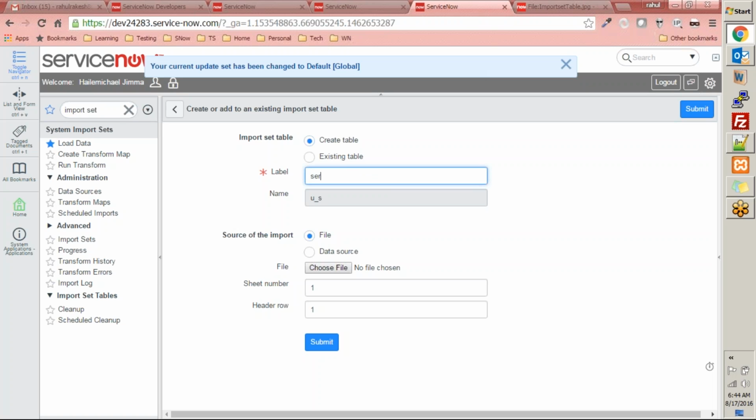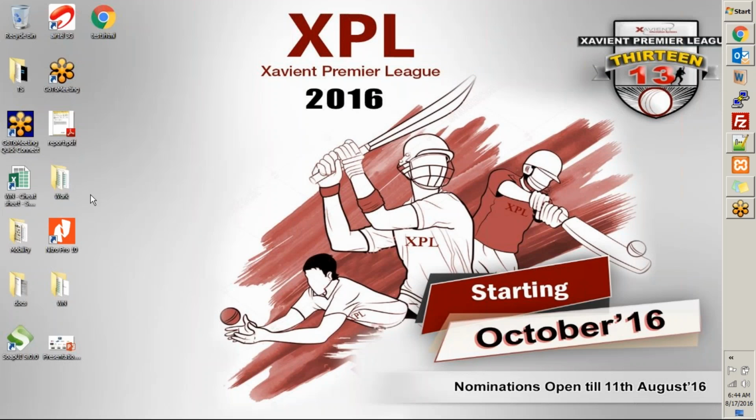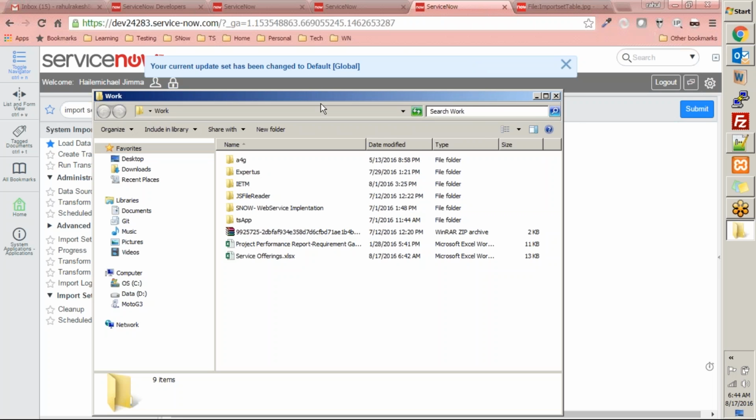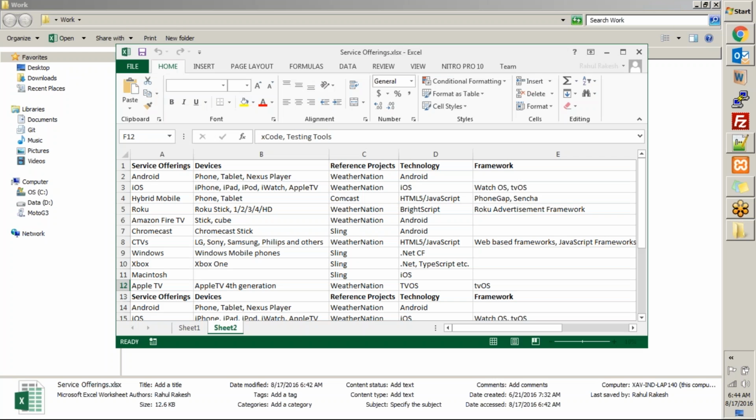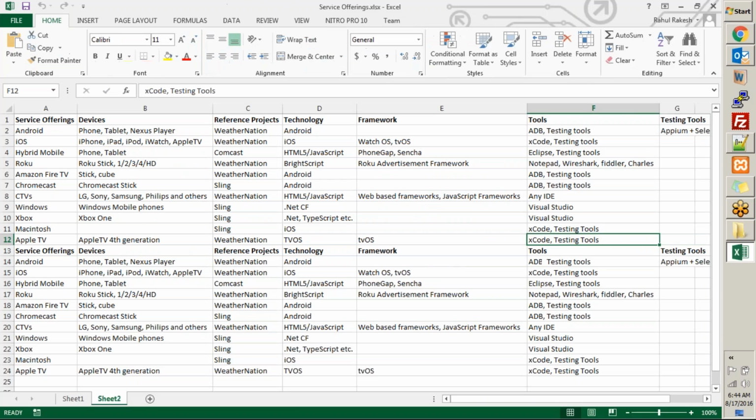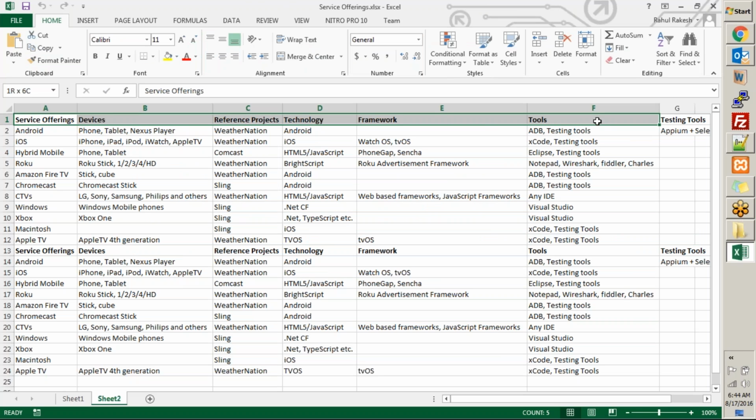And then I'll do service offerings. The reason I'm doing service offerings is because within this Excel sheet, I have a list of all the service offerings that I have. Now, when we import this Excel sheet, we will identify that this is the header row. So the header row becomes the column fields,